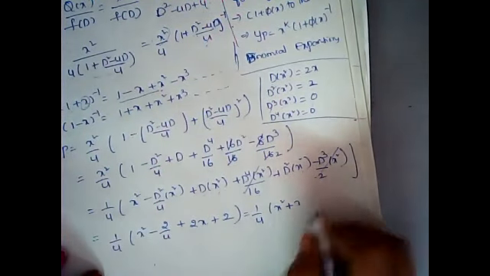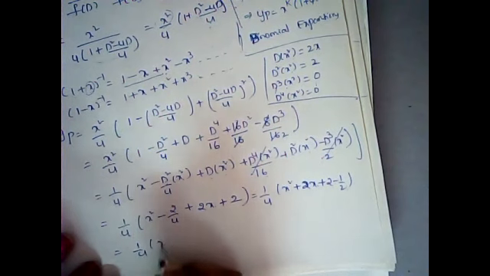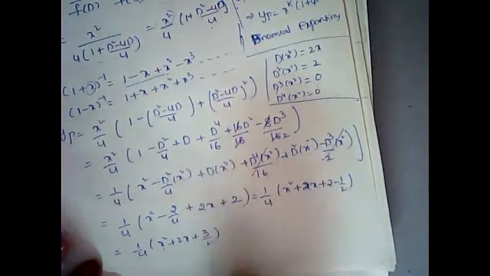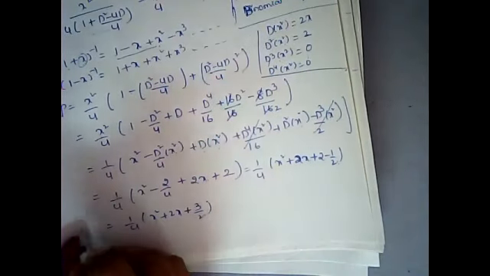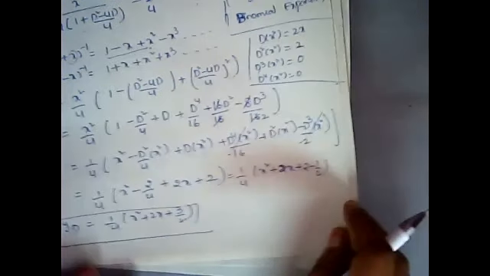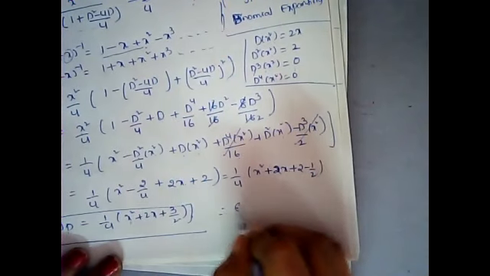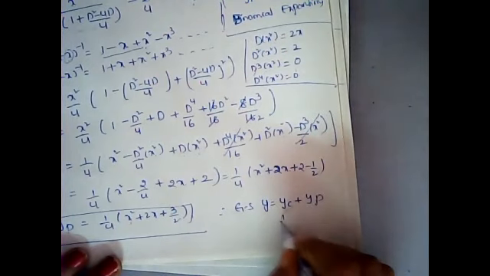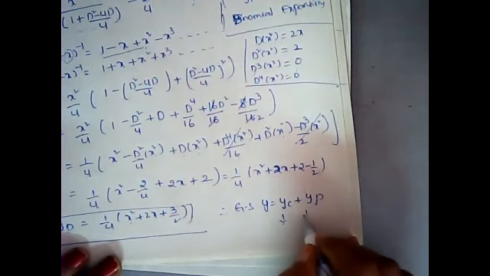Okay, so x squared plus 2x, and here plus 2 minus 1 by 2. So where it is 1 by 4 x squared plus 2x plus 3 by 2, right? So where you can write it in this way, or further if you want to simplify, you can also simplify it. Okay, so this is the required yp, and therefore general solution is y is equals to yc plus yp. So we need to write what is yp we got and what is yc we got here. Okay, so in this way we need to solve x power k method.